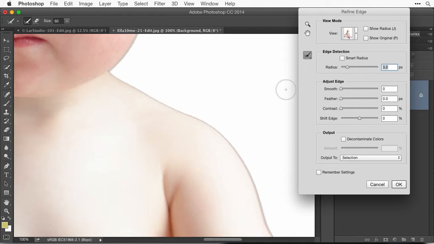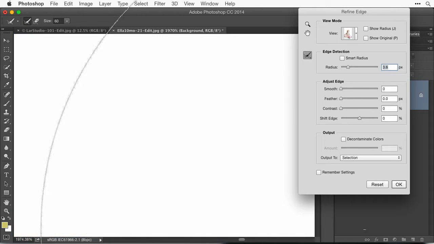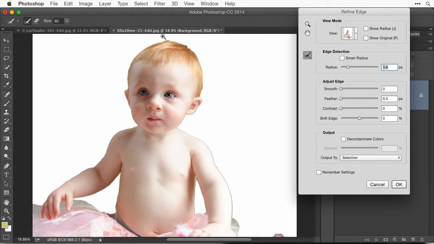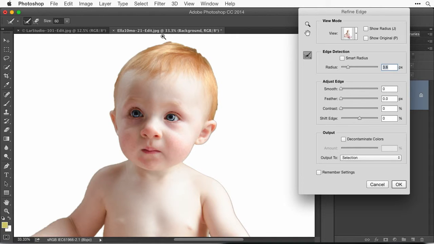If the problem on the edge is not that it doesn't fade out properly, instead the problem is one of color, there's a different feature that'll help us with that. But to be honest, I should have done a better job on my original selection there. This isn't the best place to fix it. Let's deal with the hair. When I'm done dealing with the hair, we'll see if we can get it to fix the color over there